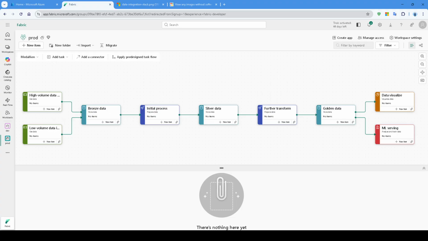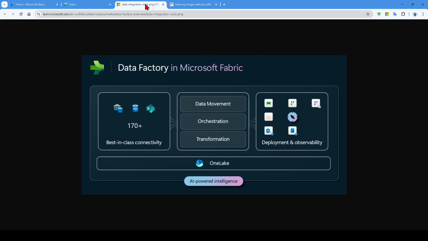In my previous videos, I gave a short tour around the various parts of this Fabric platform experience. If you are new to this, then you can have a look at my previous videos or follow me along in this one. Pipelines are a part of the Microsoft Data Factory experience that help you orchestrate and automate your data